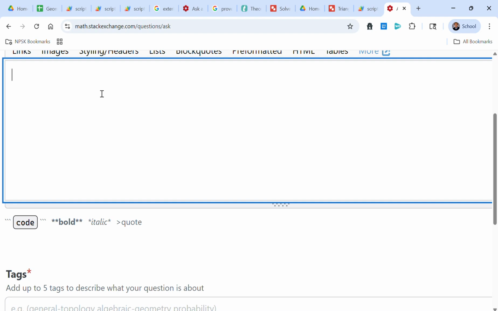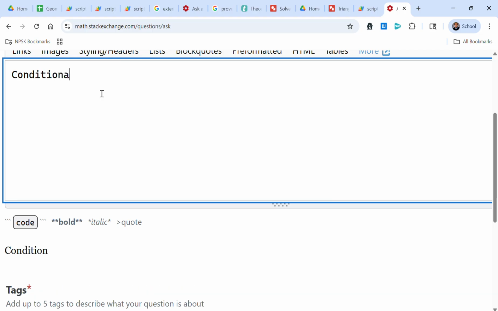Different things we've covered in geometry thus far. First off, we've discussed conditional statements quite extensively. They are written of the form if P, then Q. P is a lot of times referred to as the hypothesis, and Q is referred to as the conclusion. And we can also write conditional statements of the form